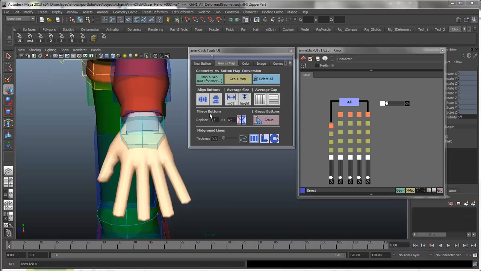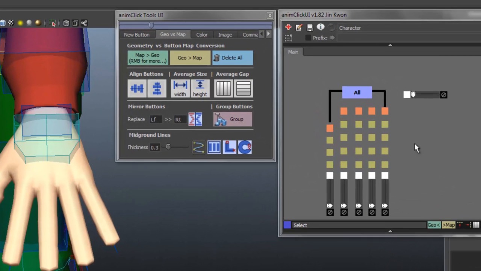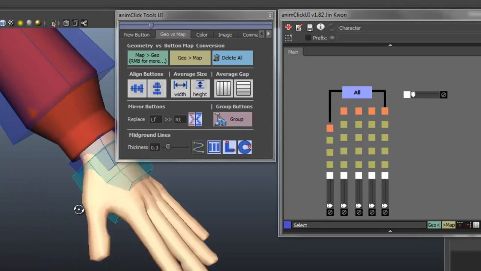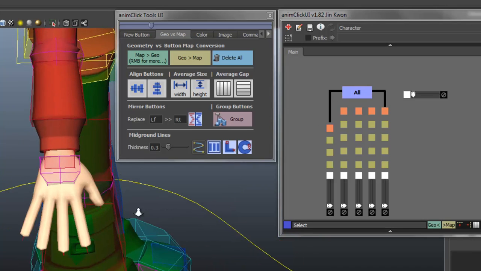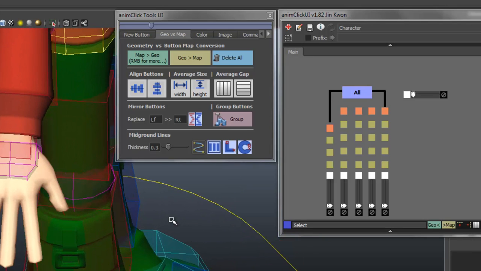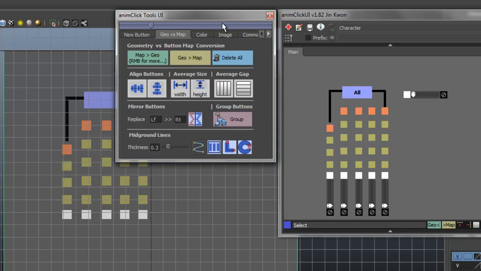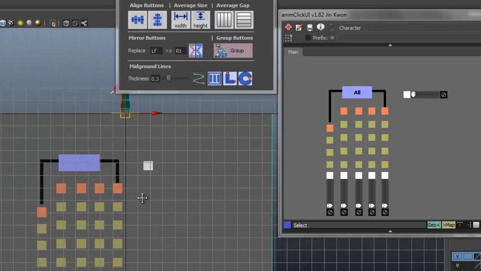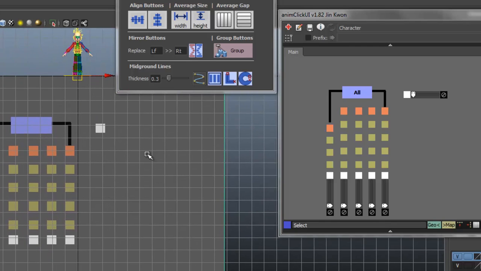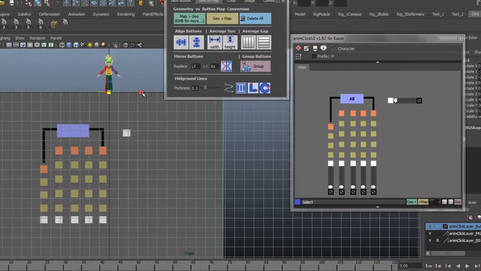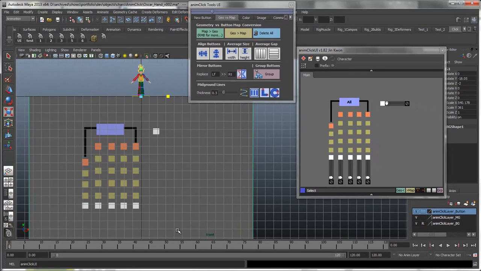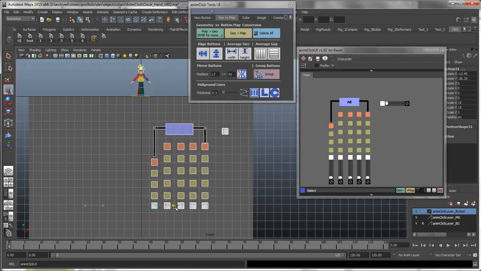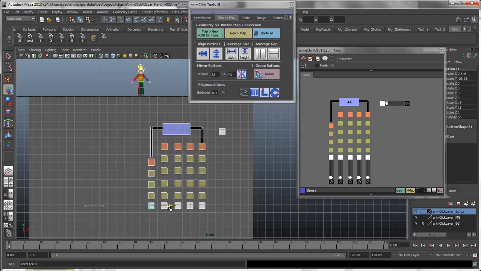Now, let's talk about mirror buttons. Let's say I have all the buttons laid out for left hand, and imagine I have to do the same thing to the other side of the hand. To me, that's a nightmare. So I'm going to go to the geometry mode. I'm going to make this layout a little bit wider. I'm going to select all the buttons here, move it to the right hand side, like so,